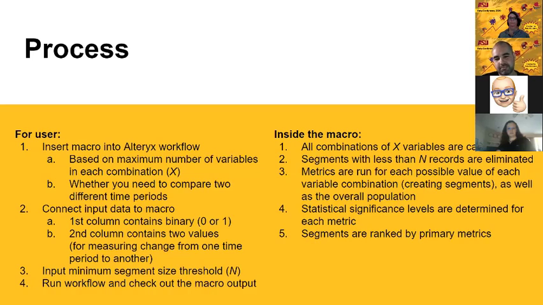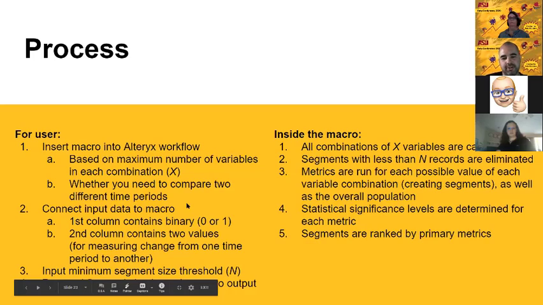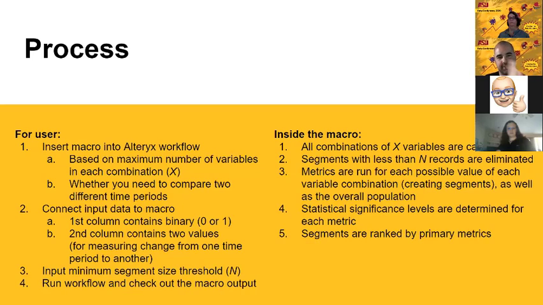Toss it out. There's two different versions of the macros in general. One that just looks at a single point in time, a cross-sectional perspective. And there's one that looks at 2 points in time, and it actually calculates lots of metrics relative to the change over time. Working on trying to figure out a way to do more than 2 time periods. No great ideas yet.